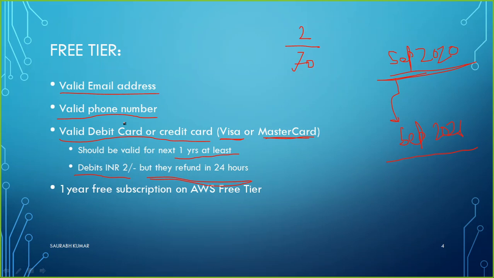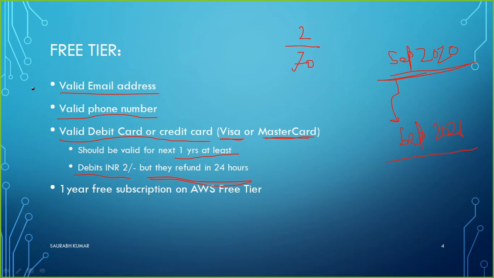So to have a valid address, for example, if you tell anybody your credit card details, at least the company will understand that if you have a credit card of any bank, you must have submitted your documents to the bank. So the bank already knows you, because every bank does KYC, know your customer. So the bank already has your proper proof of address and all the details. So in case you do any kind of activity where you are supposed to pay some charges for the services, at least Amazon will be able to track you back. Amazon will be able to reach you. So that's why they need this kind of thing.